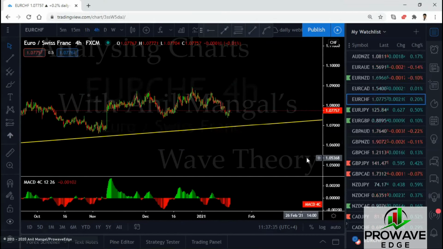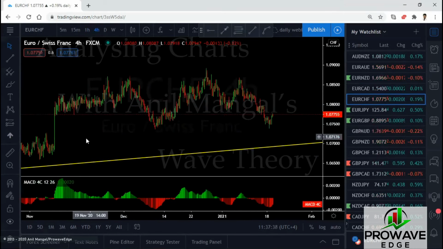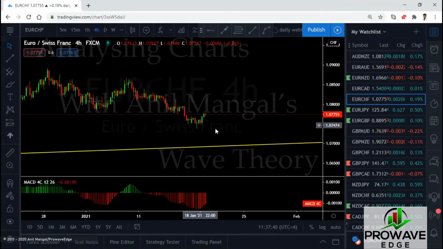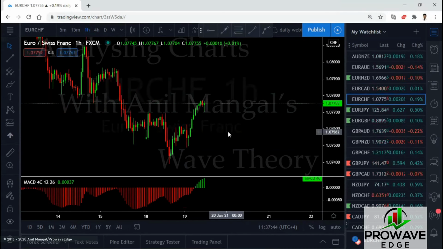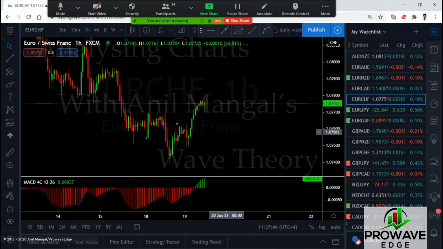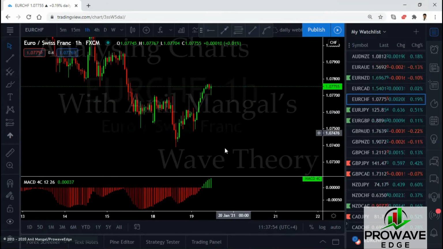So do we have a buy setup here? Probably worth taking. The last one went very fast. So if we get a buy setup here in the 1 hour, there was one already. If we get another buy setup, we can take that trade, because sometimes they do a very fast spike. So it might be worth it.